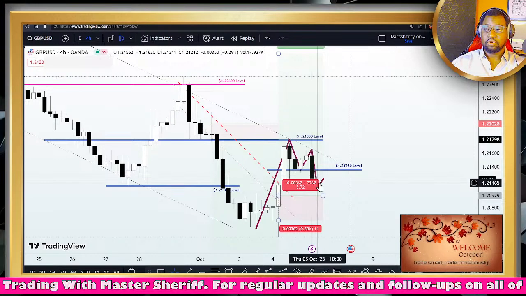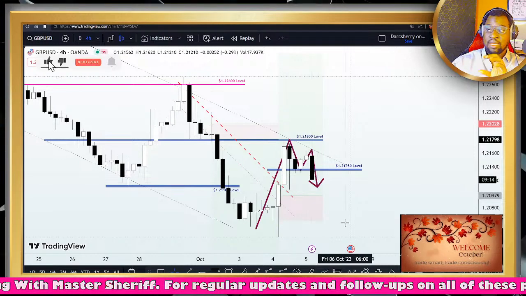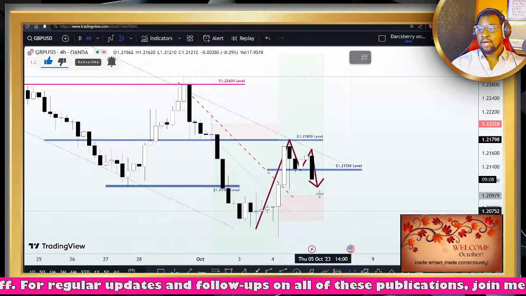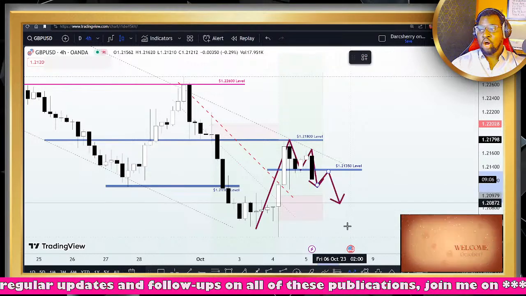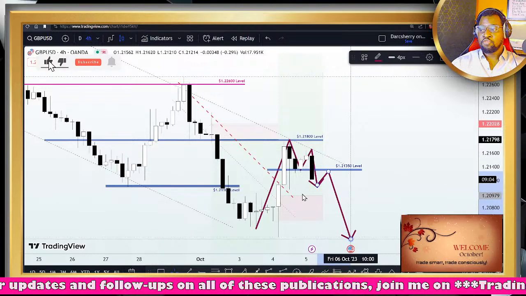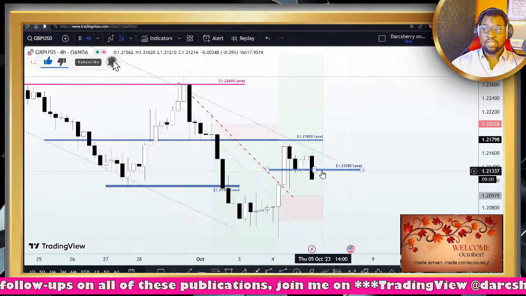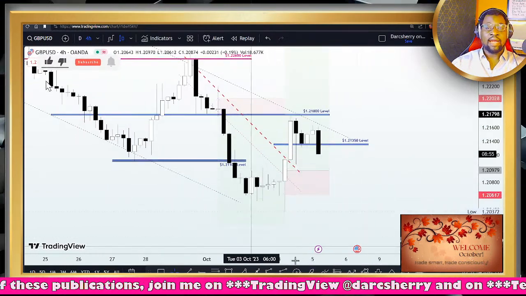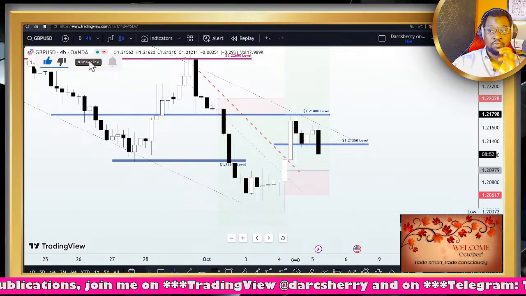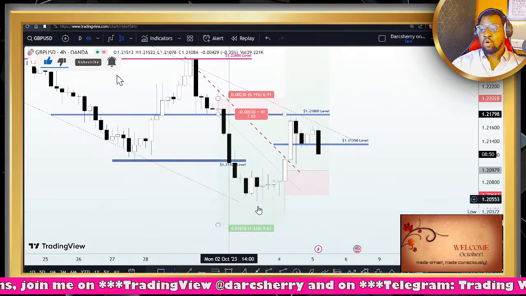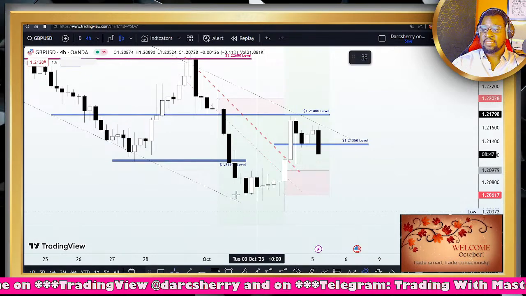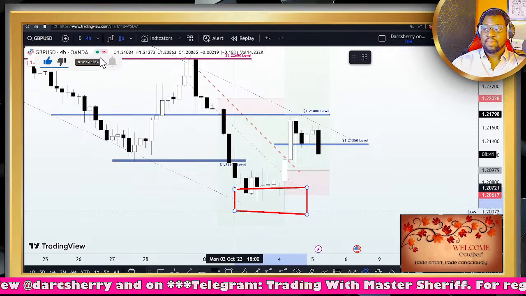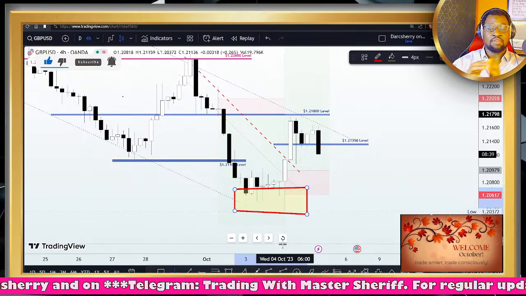but it's not sure it's broken yet because this candle is still running and it still has about 9 minutes left for it to close. Now, will this breakdown turn out to be an opportunity to join the downtrend move? Well, it may be. Let's hold on and see. We want to see a retest of this 1.21350 to join that bearish move. Now, the reason why I want us to keep the idea of a bullish momentum open is because of how price reacted to the support line of that range here since the beginning of the week. Now, you will see here that sellers have been struggling to break